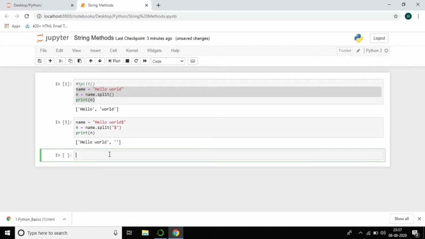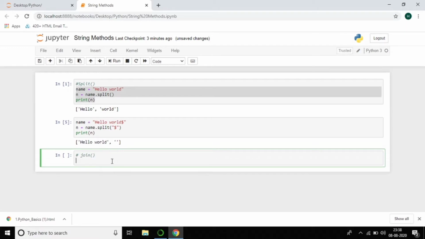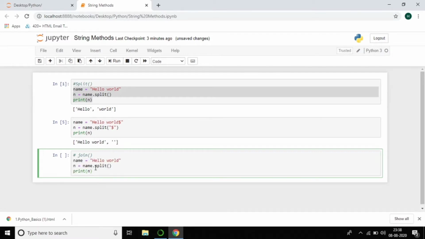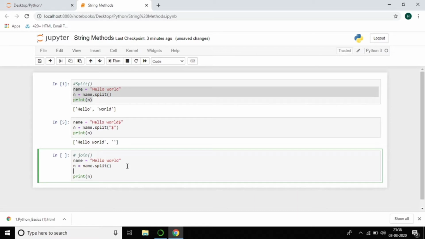Next we have the join method. The join method joins strings. Copy and paste the code here, and instead of split, give join. So n1 is equal to n dot, and you need to join, right?